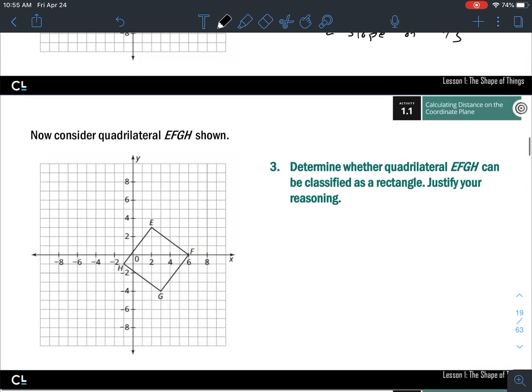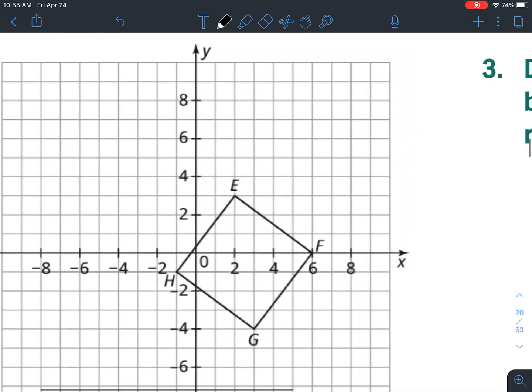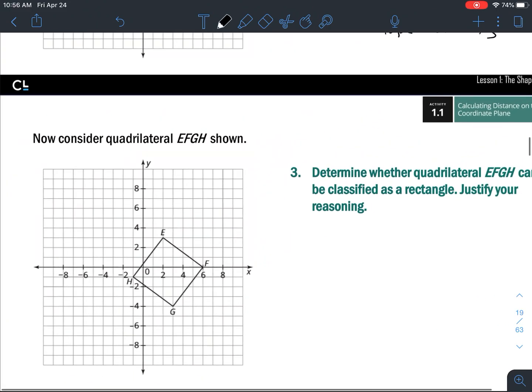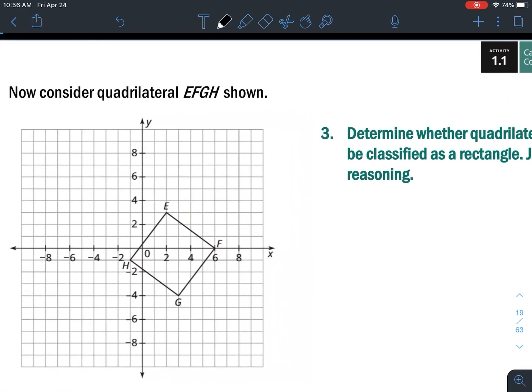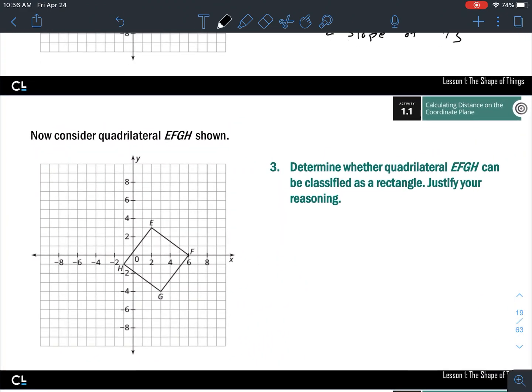Now number 3 asks, determine whether quadrilateral EFGH can be classified as a rectangle. Justify your reasoning. So if we look at this, we can kind of figure out that this is a rectangle because you can't count like we did the last one, but you can look at this and see how you calculated the slopes in the previous question. So this is technically, yes, a rectangle